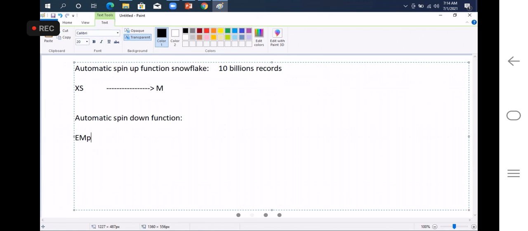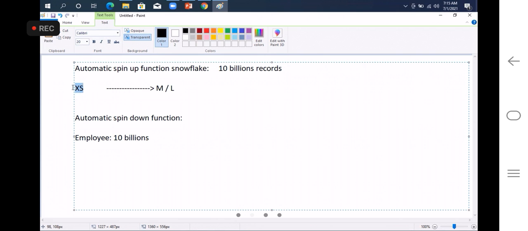Assume this table has some 10 billion records. Instead of going from extra small to medium or large virtual warehouse, first we will discuss what the drawbacks are here. For 10 billion records, I assume the extra small warehouse will take